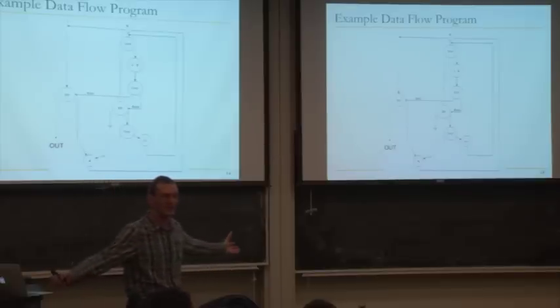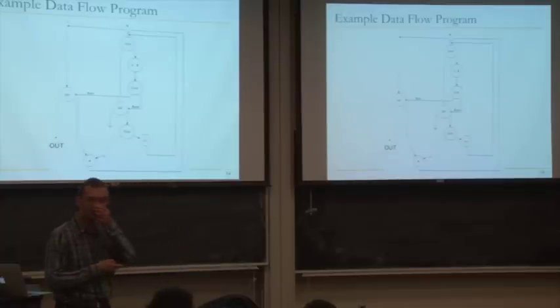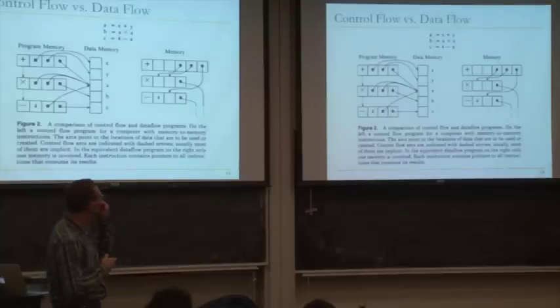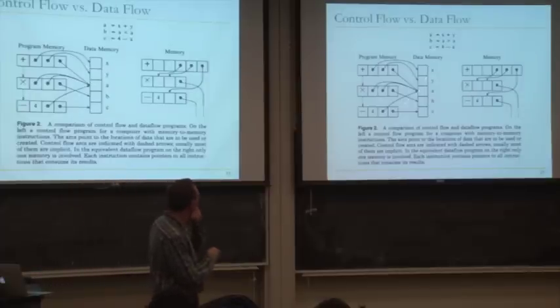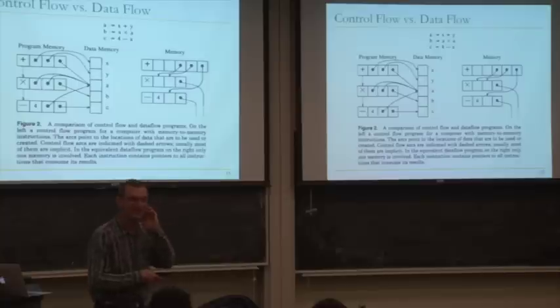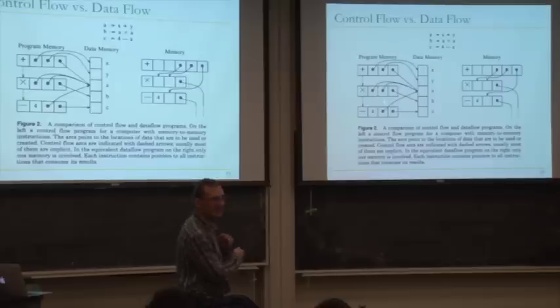So you could imagine building an entire program this way. In fact, you could build any program using this Dataflow graph, although we'll see some challenges later. Any questions? So you've seen that Dataflow graph before. This is one interesting comparison of control flow versus Dataflow from one of the readings. I think this is a Wien paper, Dataflow Machine Architecture, that I didn't assign. I think it's about 50 pages or so. It's a computing surveys paper. But it nicely points out the differences, right? In a control flow program, you have the program memory and the data memory.